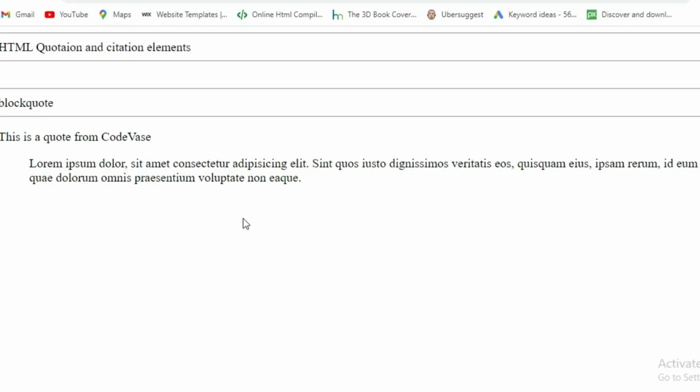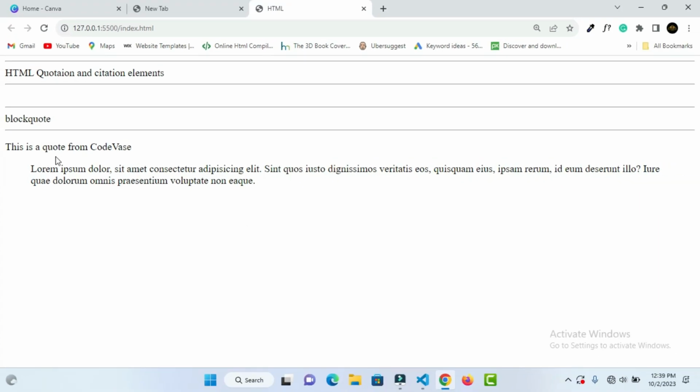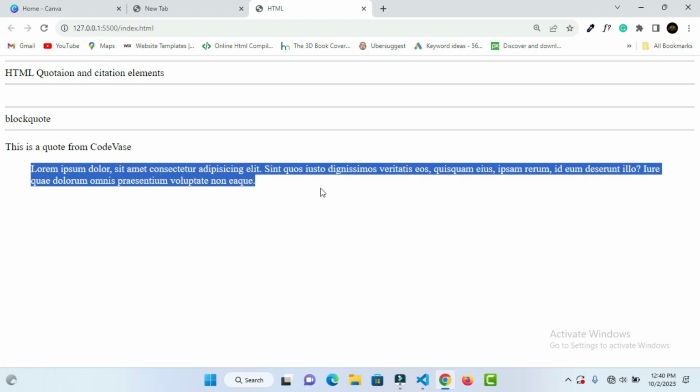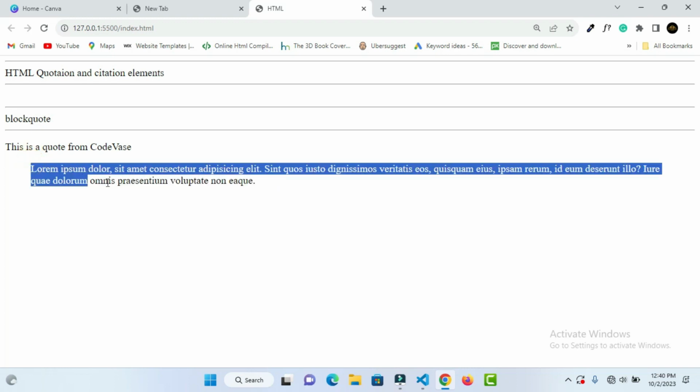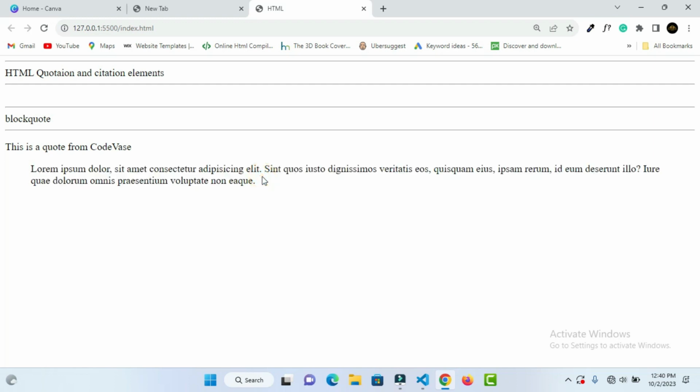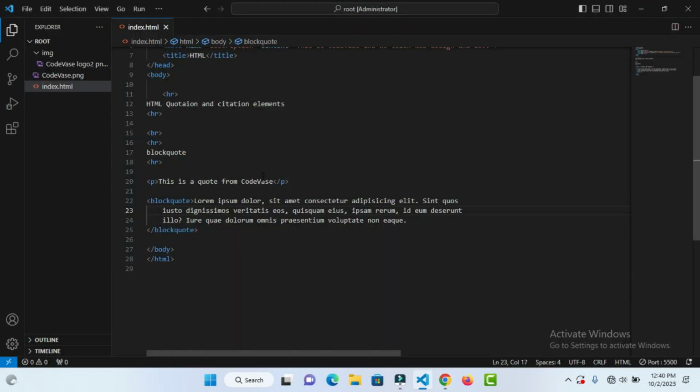You can see, and I said that most browsers indent this blockquote element, and you can see this particular element is indented in this browser. It's actually indented in this browser. So that's how you write your blockquote element. And also this blockquote works with the cite